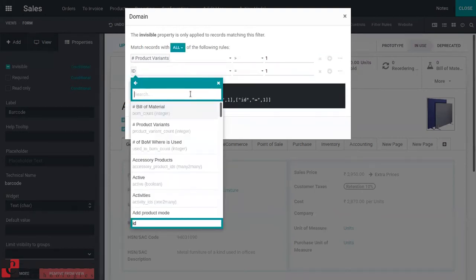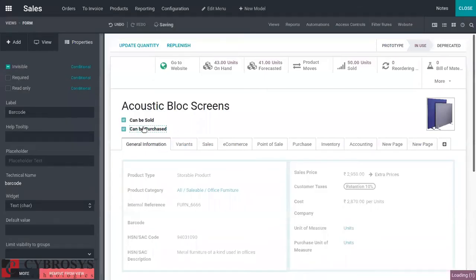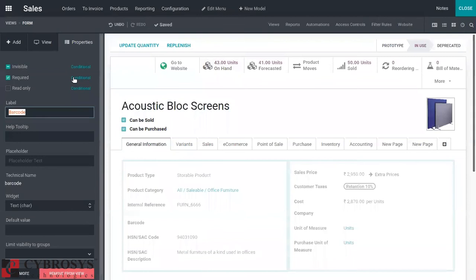I'm setting Product Type: if the product's type is service, then invisible. You can save it. Then you can also make it required, and you can add a condition. Again, you can add a condition.